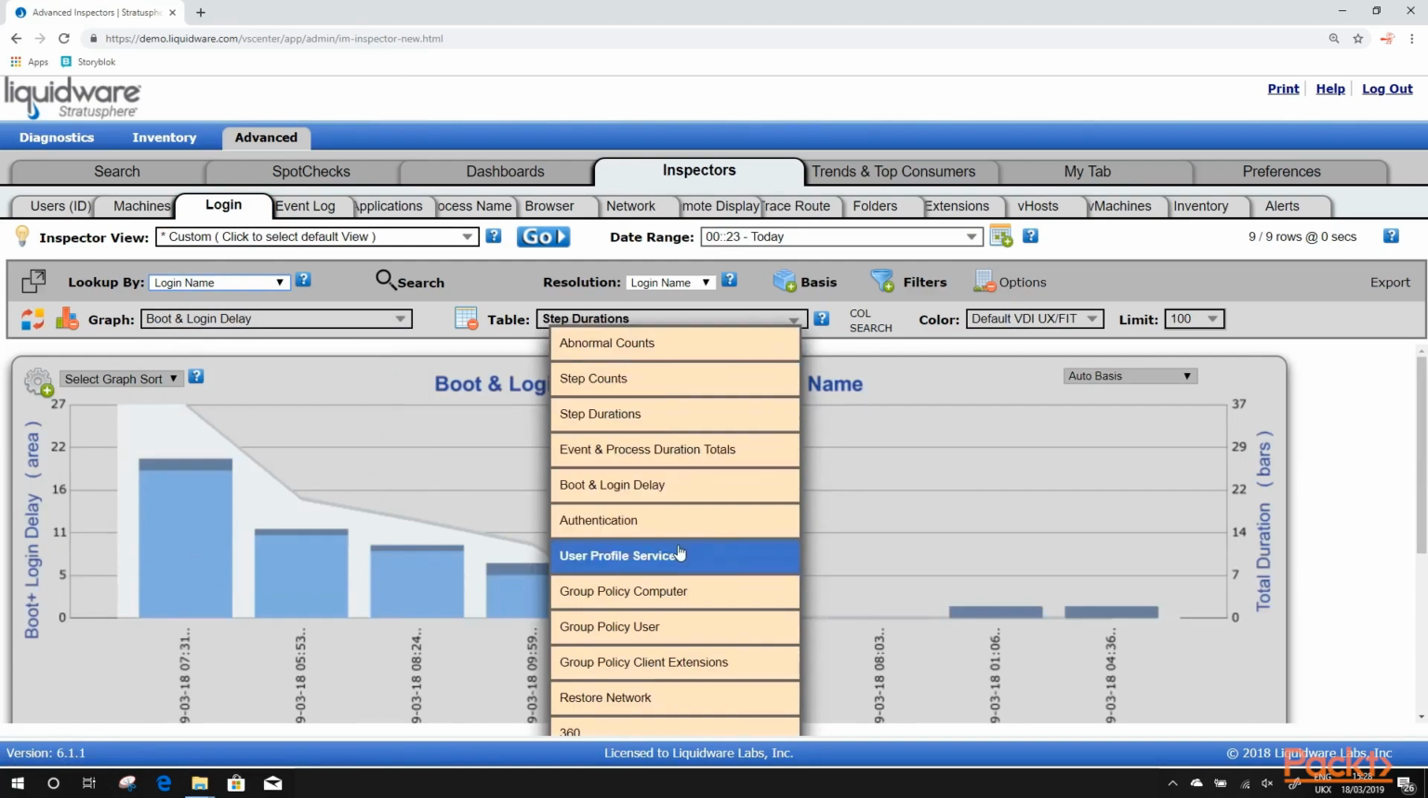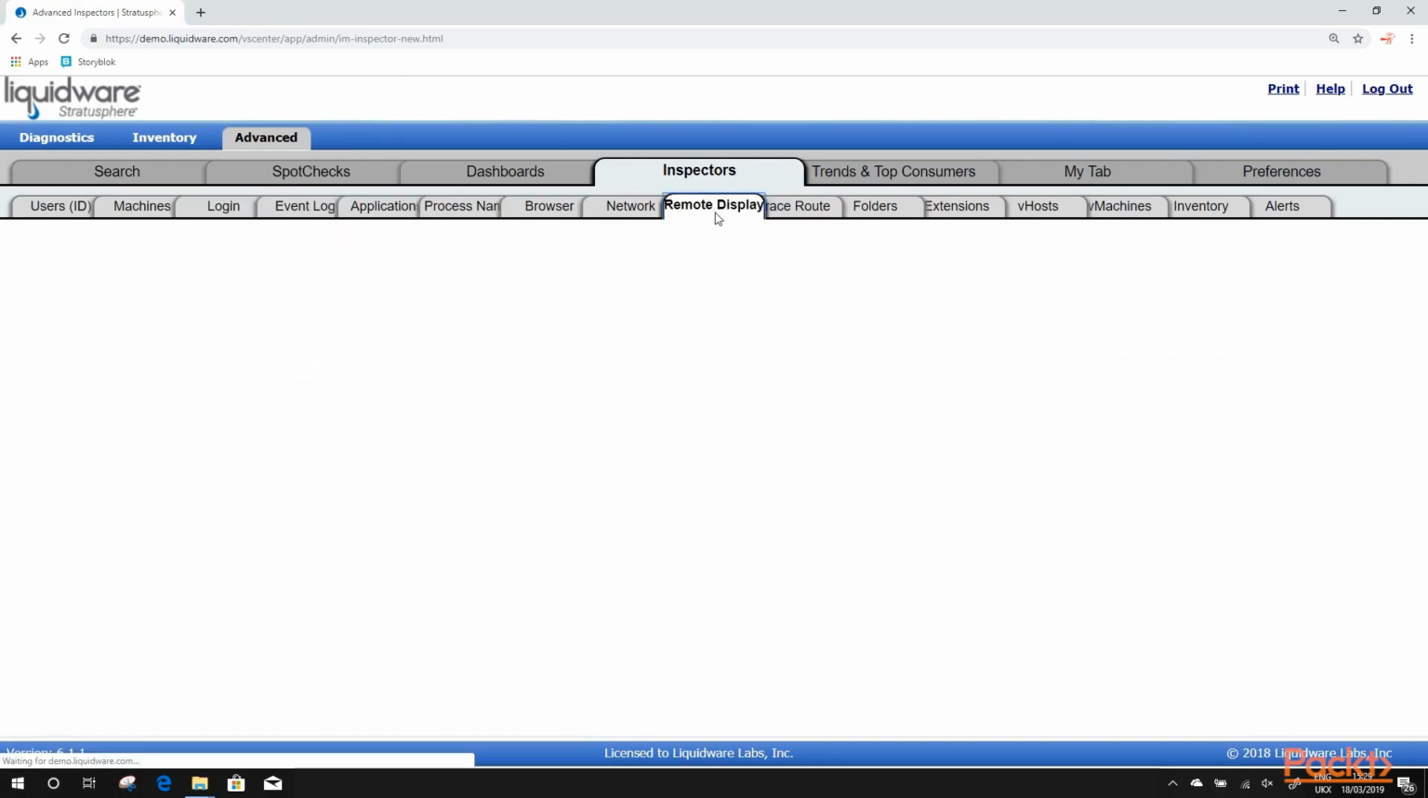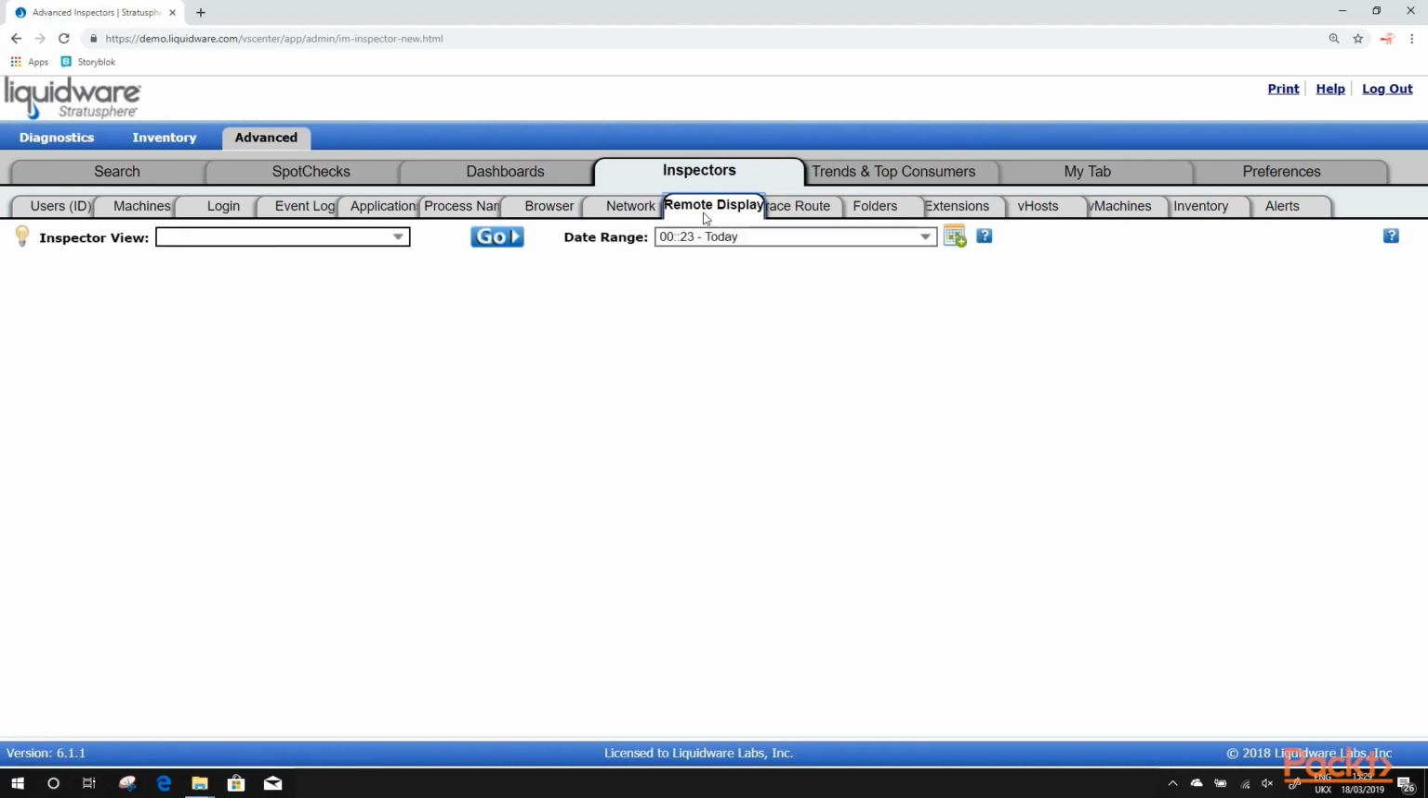We can look at boot, login events, event steps. And here we can go through the whole user profile service, whether it's a group policy, user profile, or whichever it is. We can look at the graph, we can change times, etc. Maybe we want to look at remote display. Maybe we're having some latency issues or users reporting problems around the display on their machine. So if we go into here,